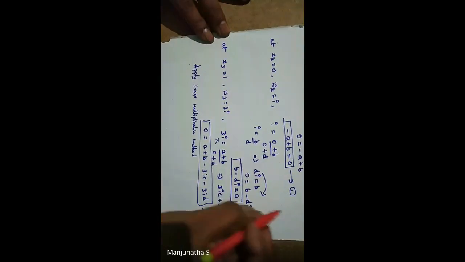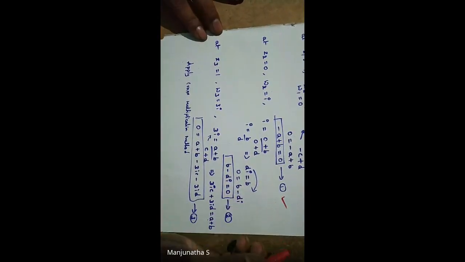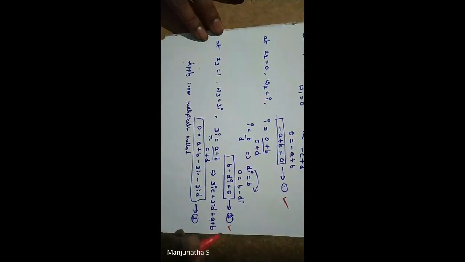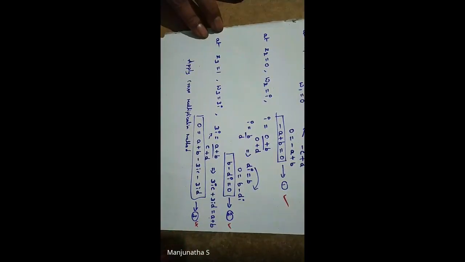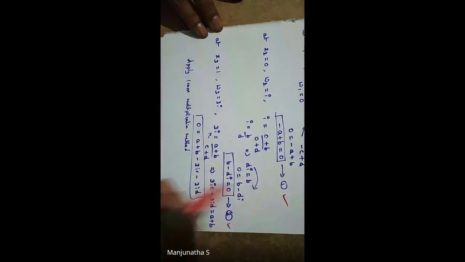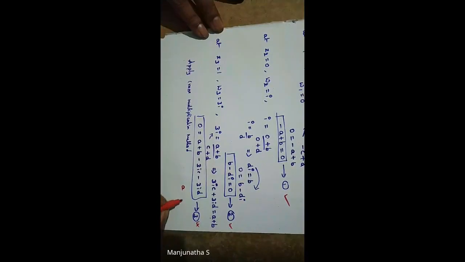Now see equation number 1. We have a and b. Those coefficients are there. B and d, those coefficients are there. All the 4 coefficients are there, so we will not consider it, because I said only 3 coefficients should be there. All the 4 constant coefficients are there in equation number 3, so I will not consider this. So go for the first one. A coefficient is there, B coefficient is there. Go for the second one. In the second one, B coefficient is there, D coefficient is there.